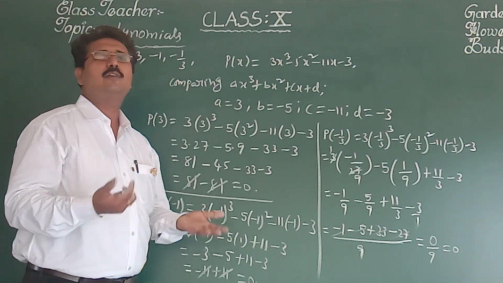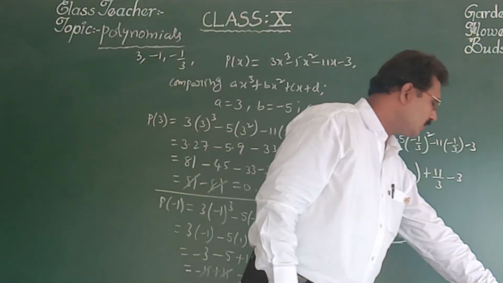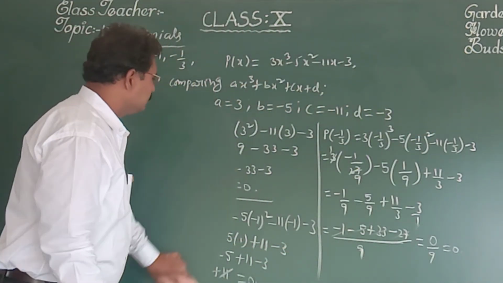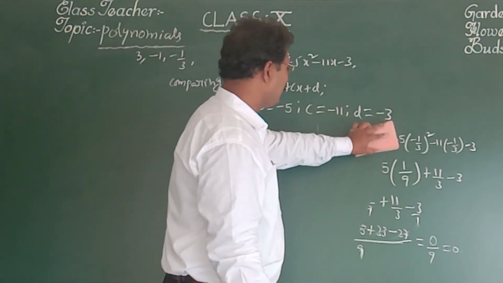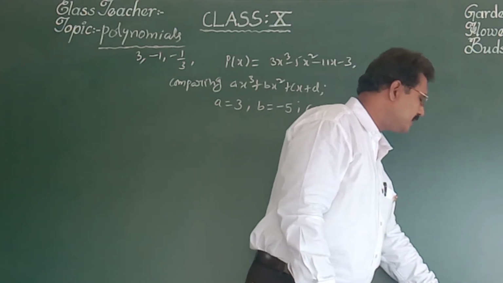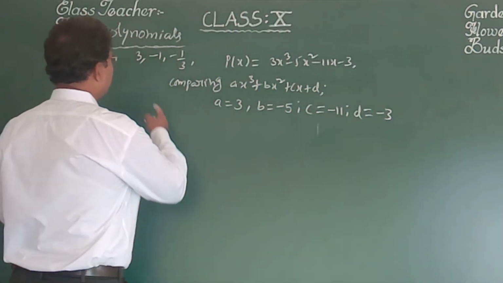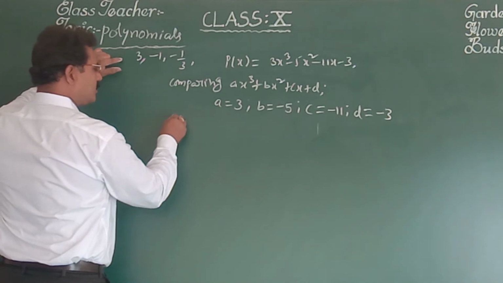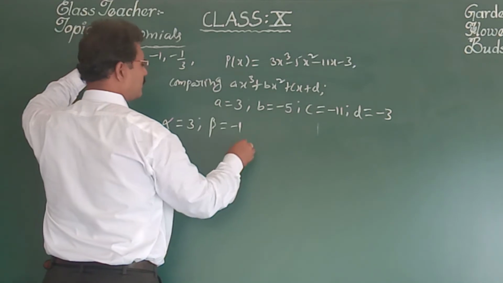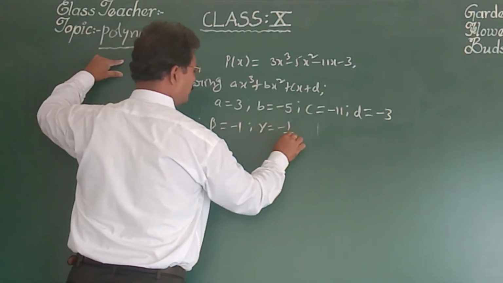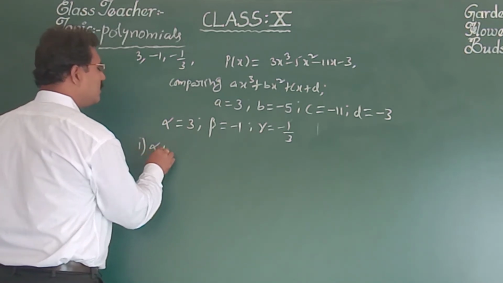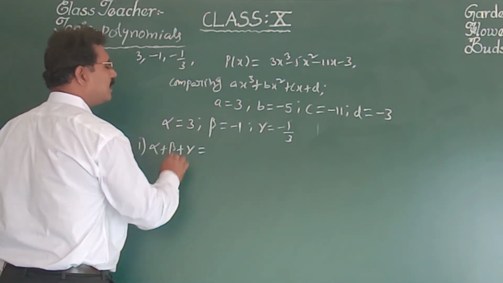Now second part, we have to verify the relationship between zeros and coefficients. Now for this, what we have to do? Now see the relationship between zeros and coefficients. Let us take 3, minus 1, minus 1 by 3 as the zeros, so let us take alpha is equal to 3, beta is equal to minus 1 and gamma is equal to minus 1 by 3. Now sum of the roots. What is the sum of the roots? Alpha plus beta plus gamma is equal to